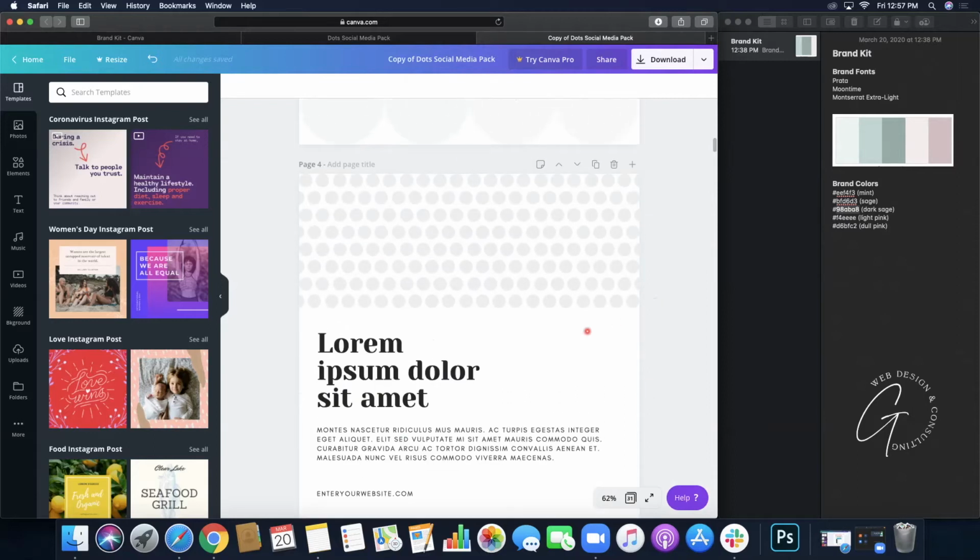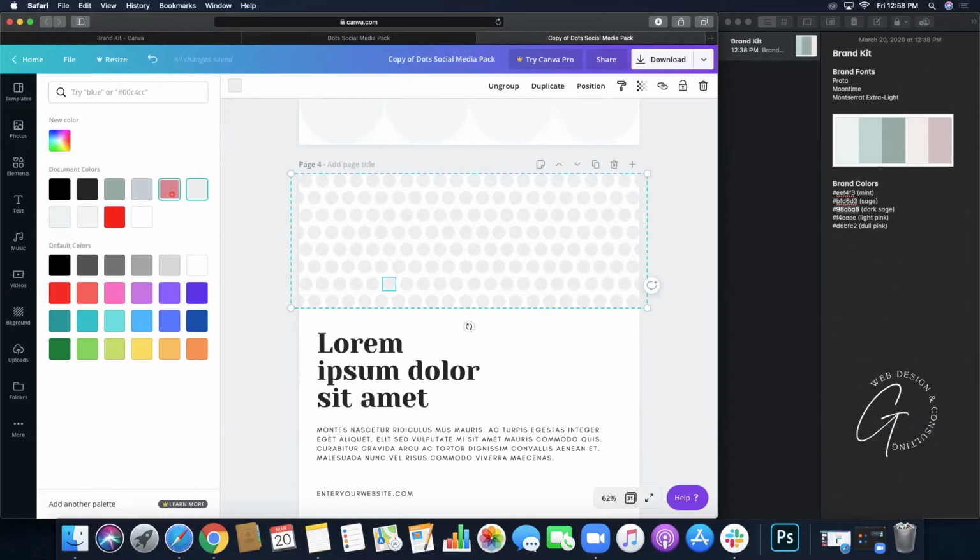Now you see here, I have a number of dots. Now, if you want to be really articulate and really fancy, you could literally click on each dot, and I'll show you. You could literally click on each dot and change the color. But I don't want to do that. So I'm going to undo those 2 things there. And I'm going to change it all to this dull pink color that I have. So let me